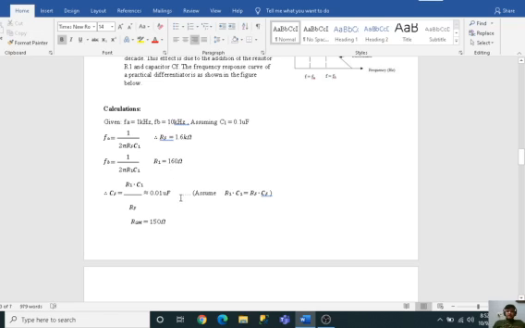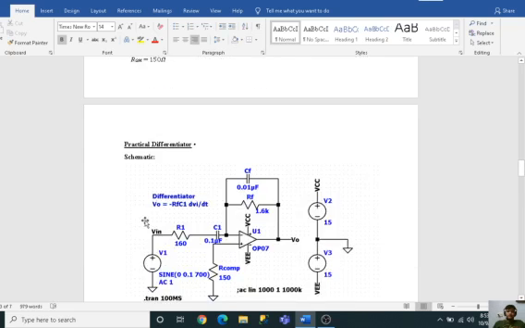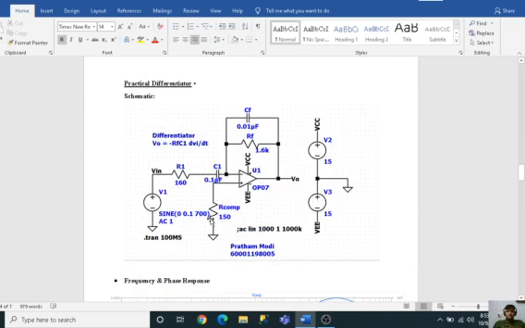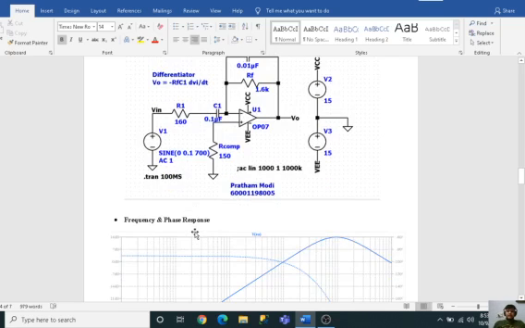Now we have assumed that R1 C1 is equal to Rf into Cf. Therefore over here we have got Cf equals R1 C1 upon Rf, which is equal to 0.01 microfarad. And over here Rom is basically equal to R1. So over here I have assumed R1 is equal to Rom. Over here I have used 160 ohms and over here I have used 150 ohms, which actually doesn't really matter that much.